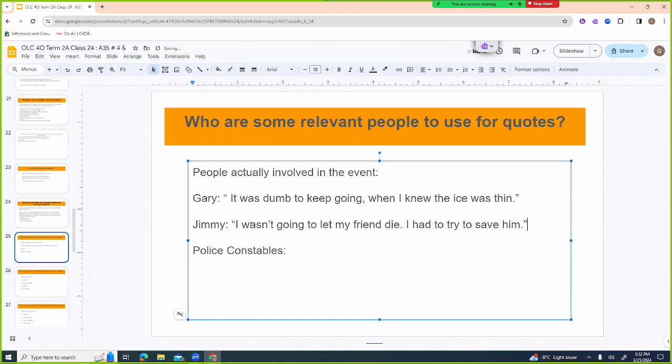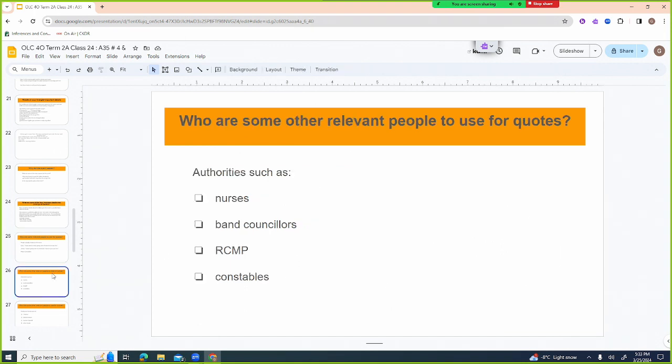Now, these are just my ideas. You can put literally whatever you like, okay? This is just an example. Because they don't use a lot of quotations in the actual story, you don't want to limit yourself to only what gets said in the story, because you won't have very much to add, basically.